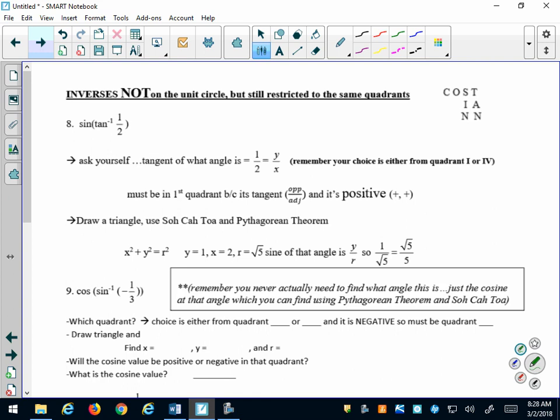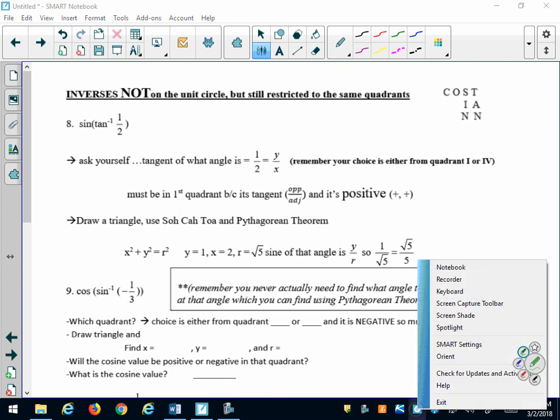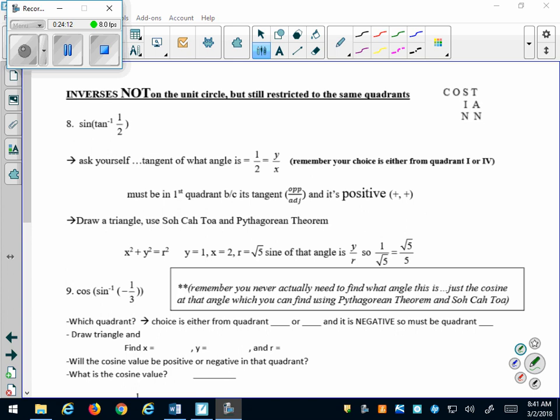All right. Why would they do this? Okay, inverse is not on the unit circle. So we're still going to restrict the domain the same way. Okay, but if we have values that aren't on the unit circle, we have to do the same thing we did